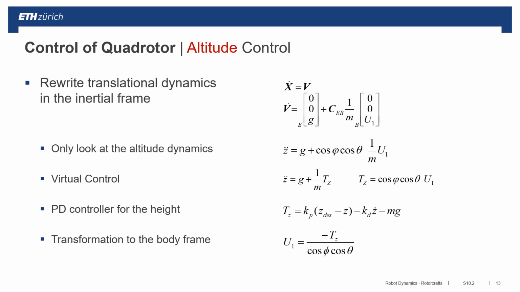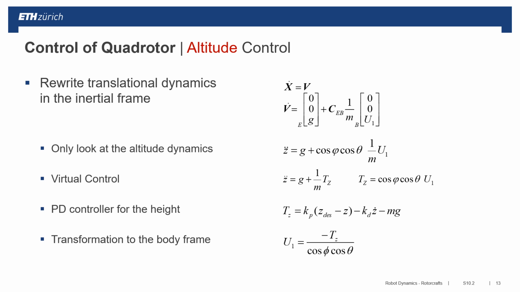So you have a controller, a PD controller again, which you can see here, TZ, which is a proportional and the derivative of the Z movement minus the g vector multiplied by the mass, which is a fixed compensation for the controller. Now you can plug this into the transformation from the thrust to the virtual control, and you